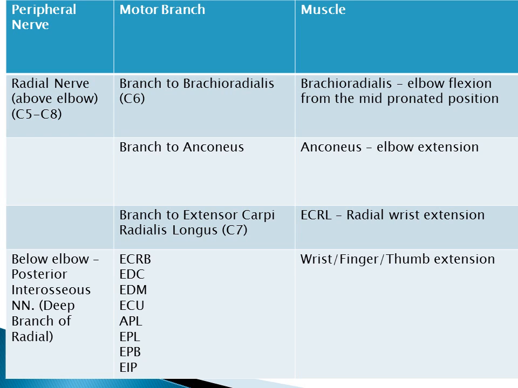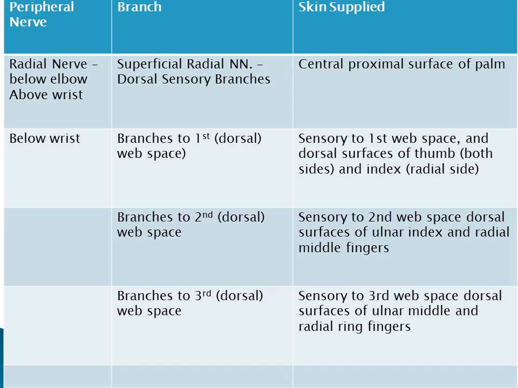So quite a broad distribution of the radial nerve, all on the backside of the forearm and on the backside of the wrist onto the backside of the fingers. And you can really think of the radial nerve as the extensor nerve of the forearm, wrist, fingers, and thumb. Now, continuing to follow the radial nerve down the forearm, we note that below the nerve but above the wrist,